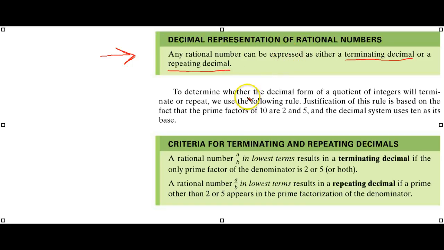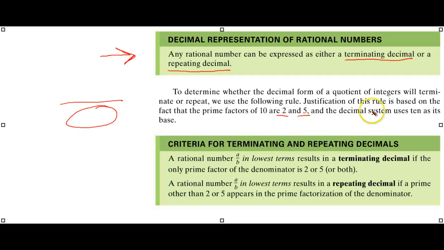But how do you determine if the fraction will be terminating or repeating? They're saying if you look at what is in the denominator of a fraction, and if the prime factorization of that denominator has a 2 or a 5,